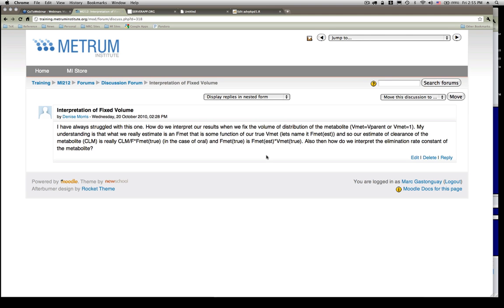Then how do we interpret the elimination rate constant of the metabolite? Well, I agree with everything you wrote up to here. I have to think about what you're talking about, the elimination rate constant of the metabolite. First of all, we probably want to estimate the clearance of the metabolite. And so the clearance of the metabolite is also relative to the oral fraction as well as the fraction metabolized. So the clearance of metabolite, I wouldn't view it in terms of a rate constant. Clearance of metabolite is interpreted with the same caveats that clearance of